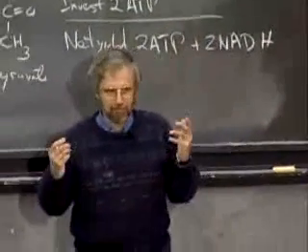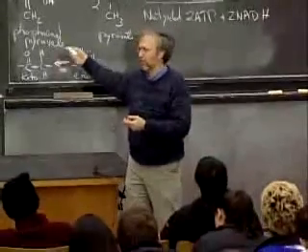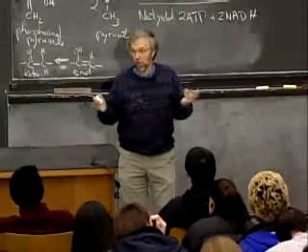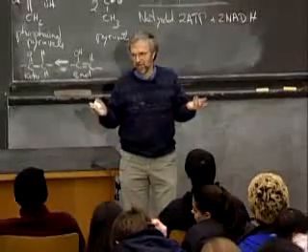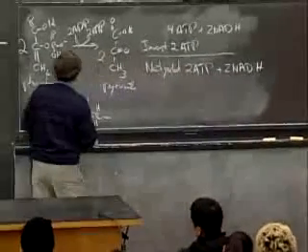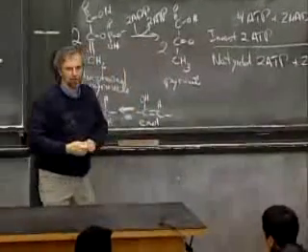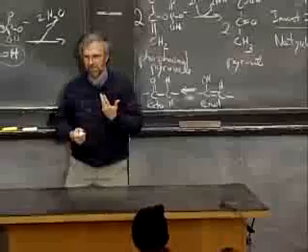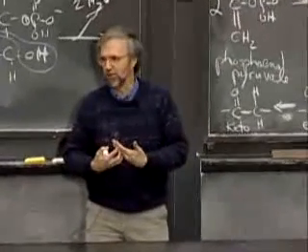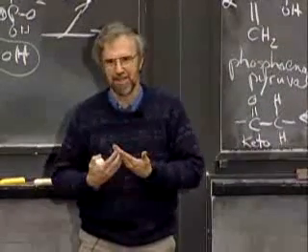And that's a wonderful way to make energy. It's far more efficient than this ancient pathway. But at the time life started, there wasn't any oxygen in the environment. And in fact, it didn't reach, as I said, something like 20% of today's levels until about 500 million years ago in evolution. So organisms had to learn to make energy without oxygen being around, and this was the way that they did it,